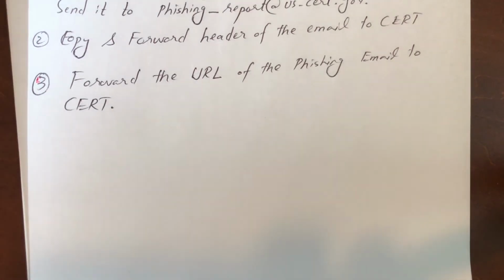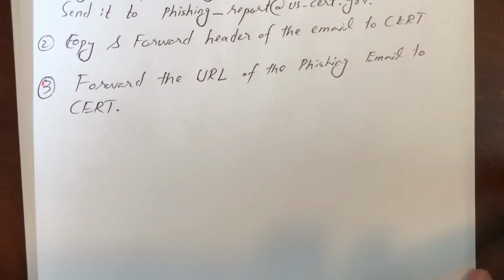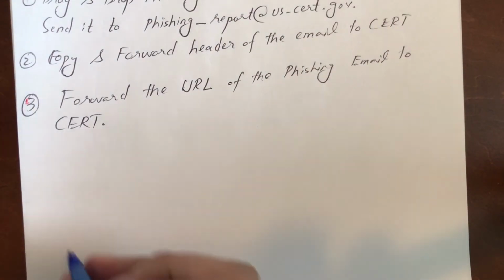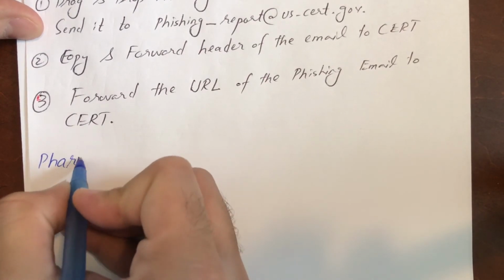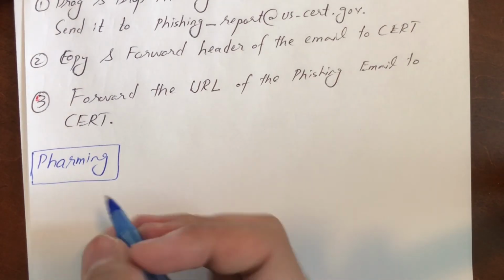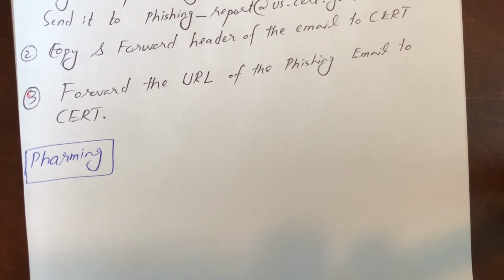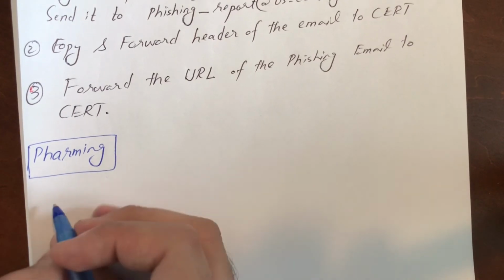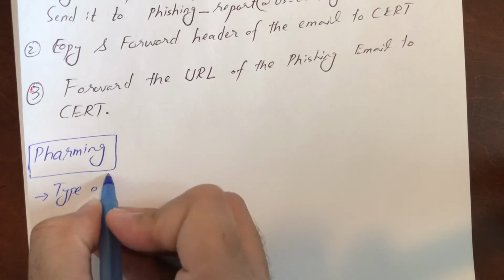A very close concept to phishing is called pharming. Pharming is basically similar to phishing. It's a type of phishing where attackers want you to click something. Once you click that particular link, maybe a virus could be installed in your computer, and the attacker can start stealing the data from your system. So pharming is basically a type of phishing